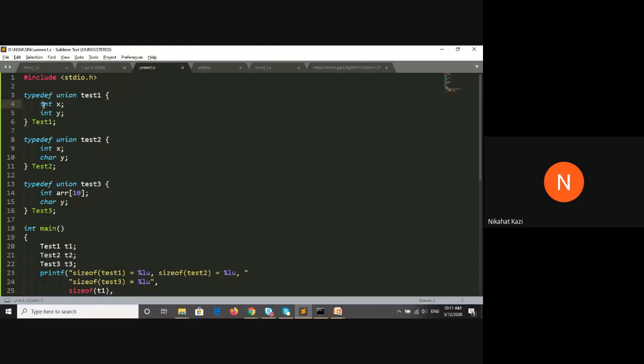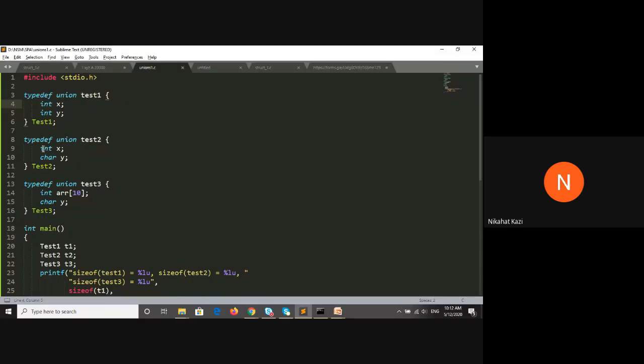If it is a 32-bit compiler, then the size will be 4 bytes. Remember, what sizeof returns in bytes is compiler dependent. It could be 2 bytes for an int, it could be 4 bytes. So for Test1, I should get 4 bytes since this is a 32-bit compiler.